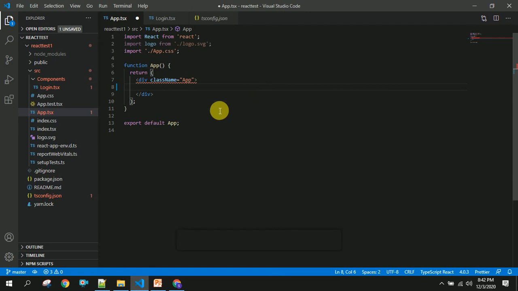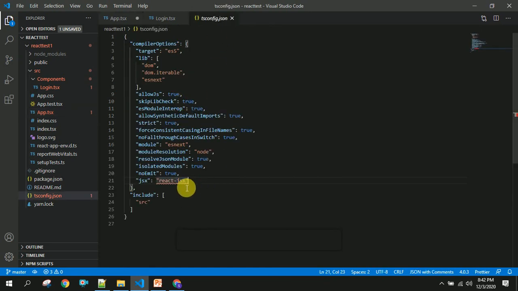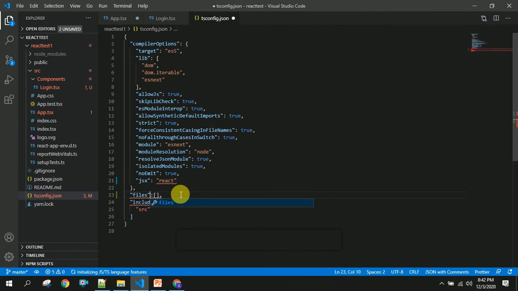First we have to remove JSX in this, and after that you have to write files colon array, comma, like this, and include these files in quotation marks: src slash index.tsx.